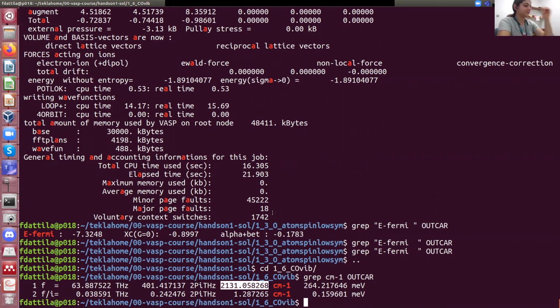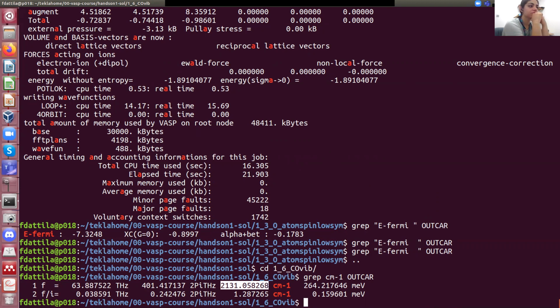Every molecule has some vibrations. In this case, the CO has a stretch between the carbon and the oxygen, so they are moving up and down, up and down, up and down. And these have related frequencies, that is this one, around 2,800. Actually, the experimental value is slightly different due to the intrinsic errors that we have in VASP. But still, it's very, very comparable, okay?